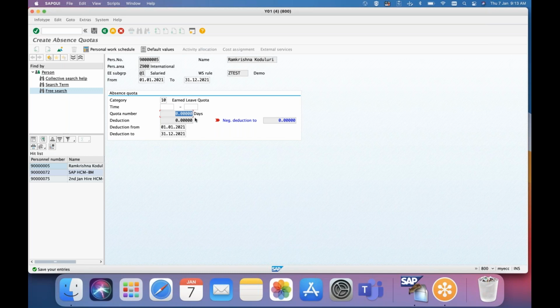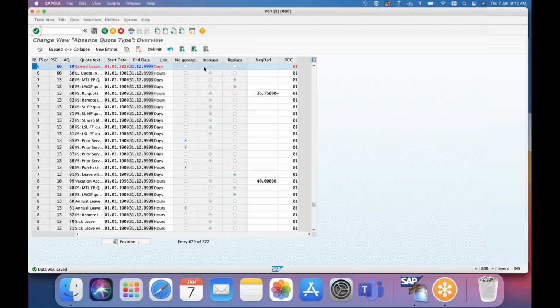What will happen if you put increase: whenever you generate a quota number to a time type, and I will show you where we link it, that will be added to the existing quota. Say for example, I am generating 2.5 every month. In January the system has generated 2.5.